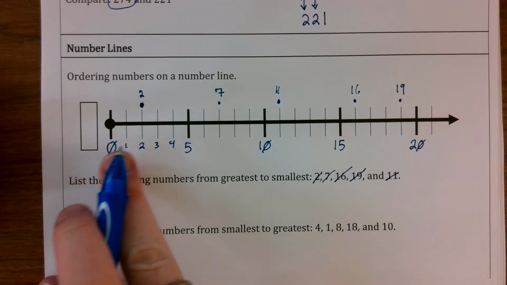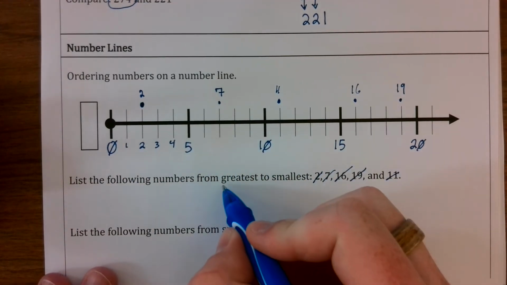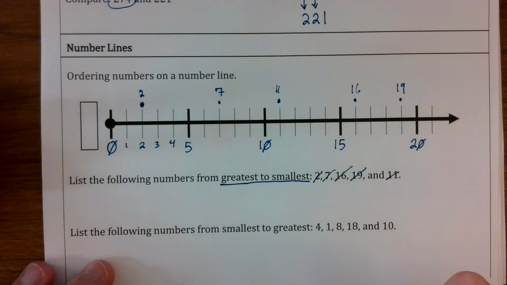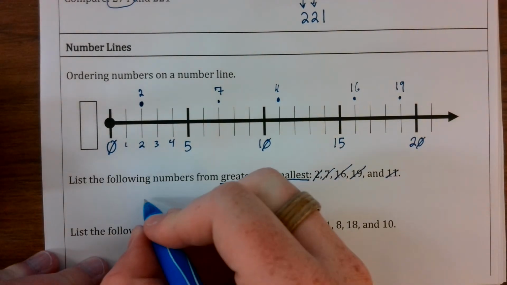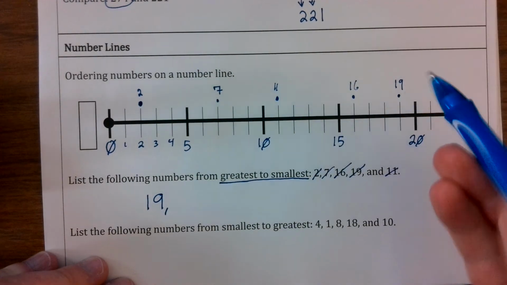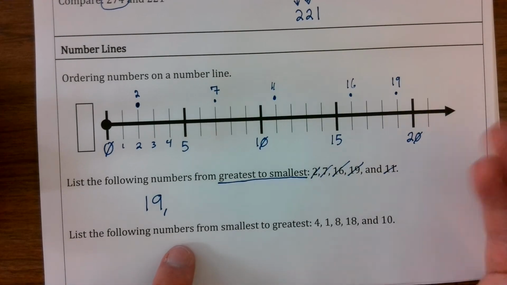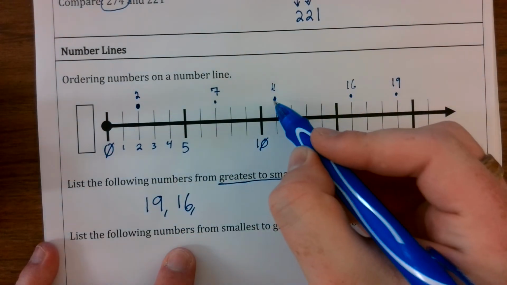All right, so we put them on a number line, and now they're in order, but we need to order them from greatest to smallest. We want to start with the biggest. So I'm going to go all the way over here to 19. That's our biggest. I'm going to list that first, 19. And I'm going to work my way backwards to go from biggest to smallest. So we have 19. And then 16 comes next, 19, 16, 11,